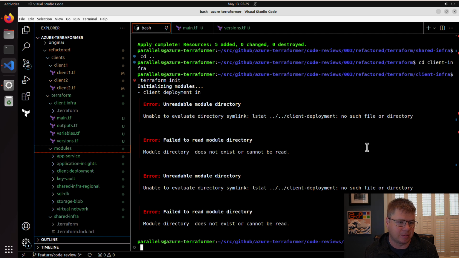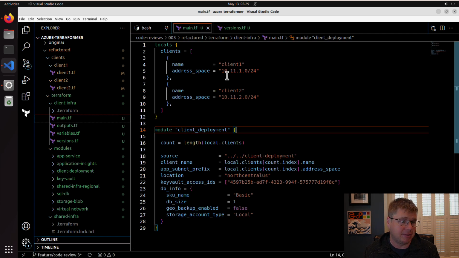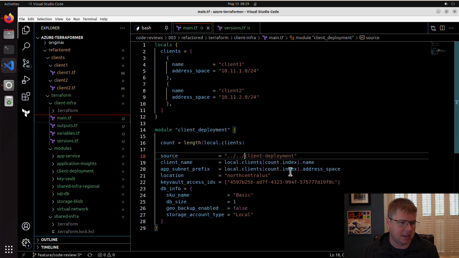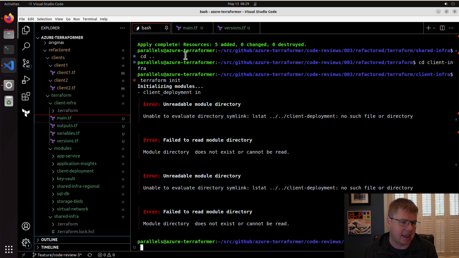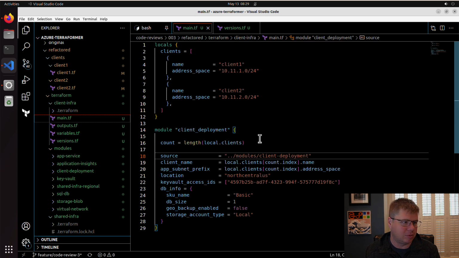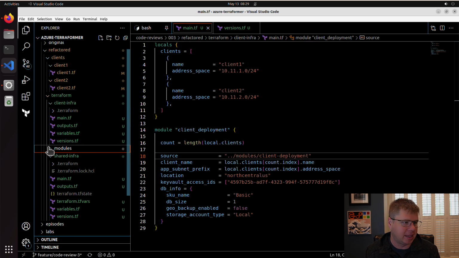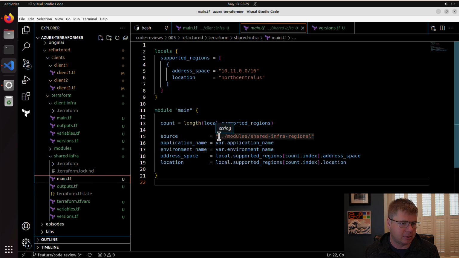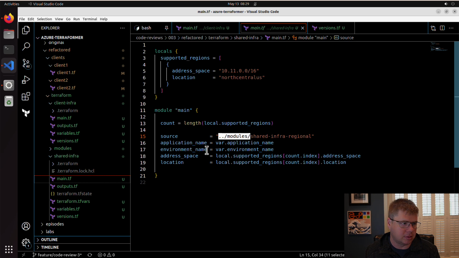Okay. So we got some problems. I did not even update the path to client deployment. So we got to go up a folder and then go to modules. So that'll fix that. I think modules. See, the relative pathing is such a pain. So I'm in client. I mean, it's the same as this, right? So it should be modules. Yeah,